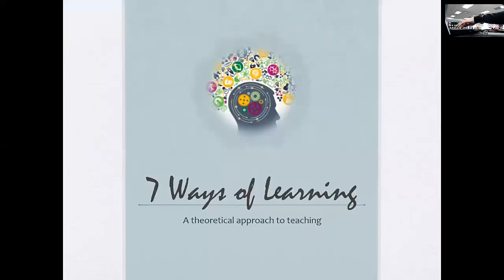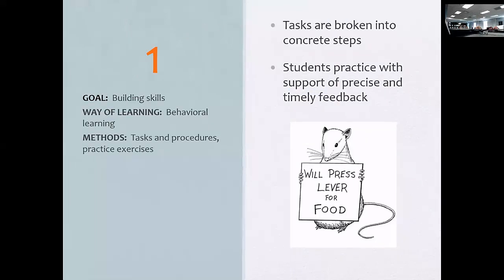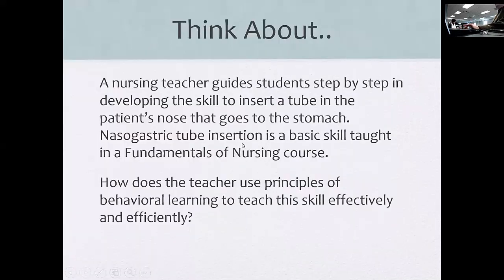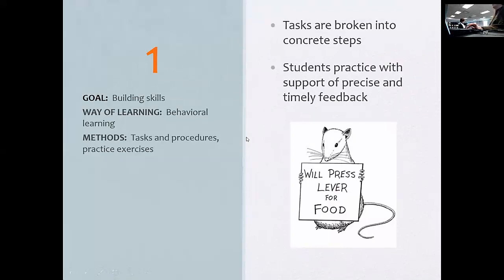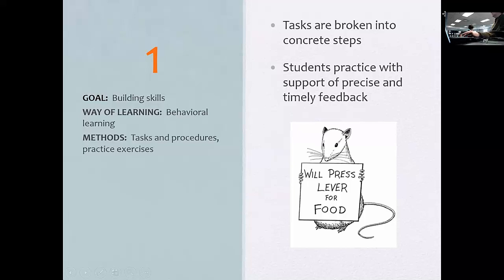Okay. So way number one. Are your students learning a skill? Now that little handout I have kind of goes over these 7 ways. Are your students learning a skill where accuracy, precision, efficiency are important? Is it based on a routine set of physical operations? Can it be broken into steps and performed in a right or best way? So you've got steps. These outcomes are well served by behavioral learning.